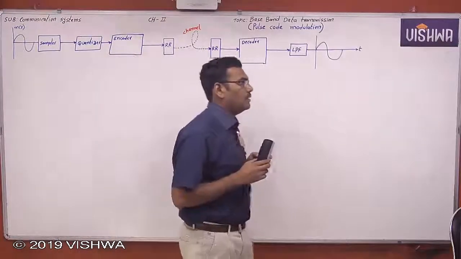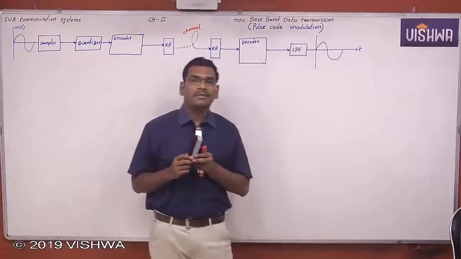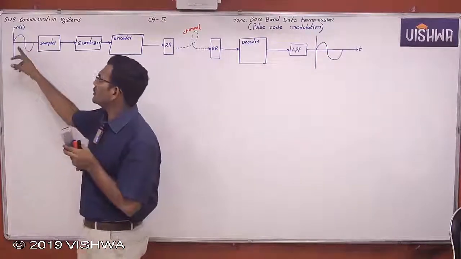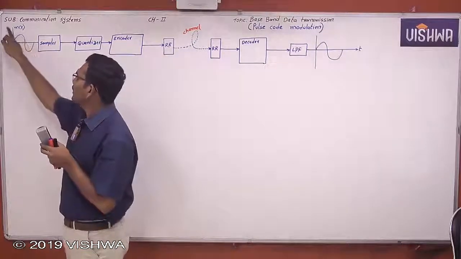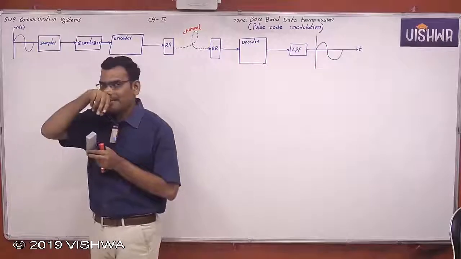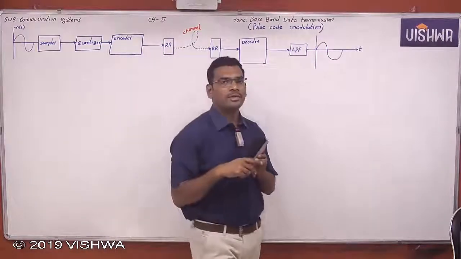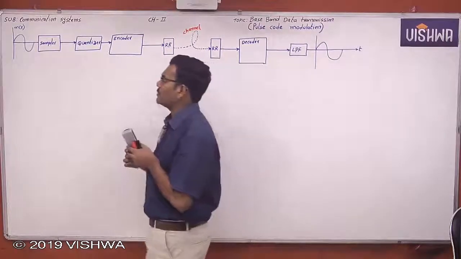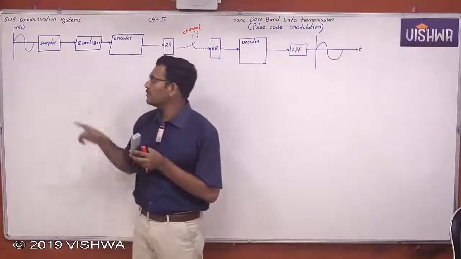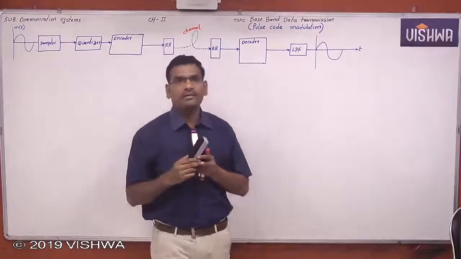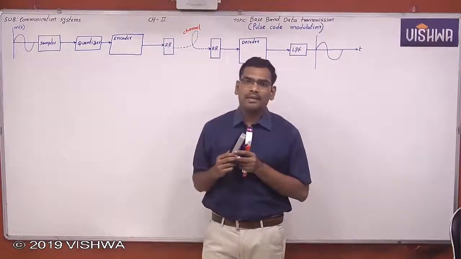Baseband signal data transmission is nothing but this: you know that our original signal, the message signal, is a continuous wave signal, continuous in amplitude and continuous in time. Now you have already started digital communication, and the first block of a digital communication system, the sampler, is already completed. Sampling, right?